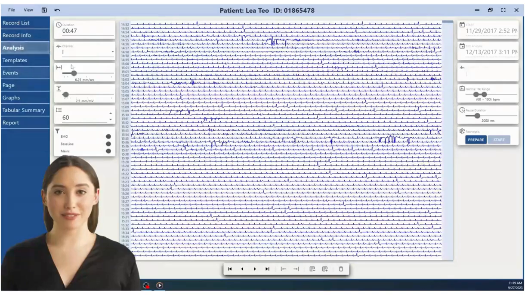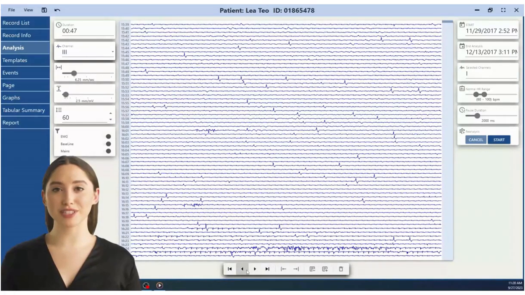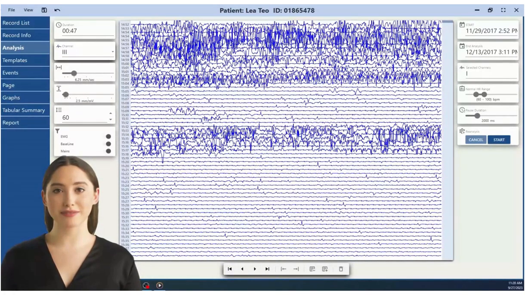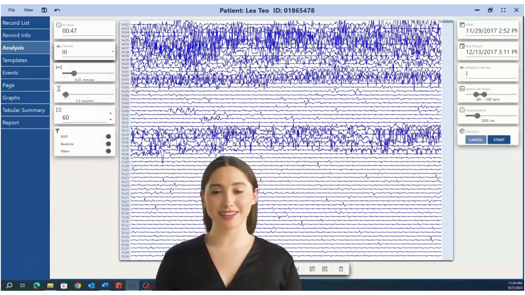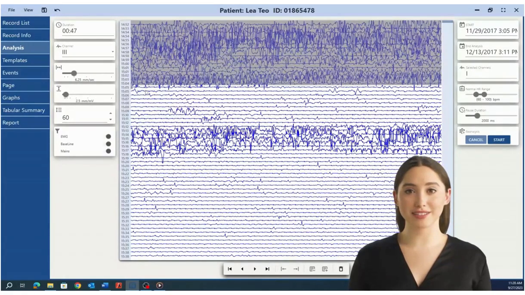Click the analysis view. Assess the ECG signal on the first page. If abnormal, use the Page Down button in the action bar at the bottom and toggle between channels to locate a clear signal. Mark the start of analysis. Right-click to access the context menu and select Mark as Start of Analysis, or use the corresponding button in the